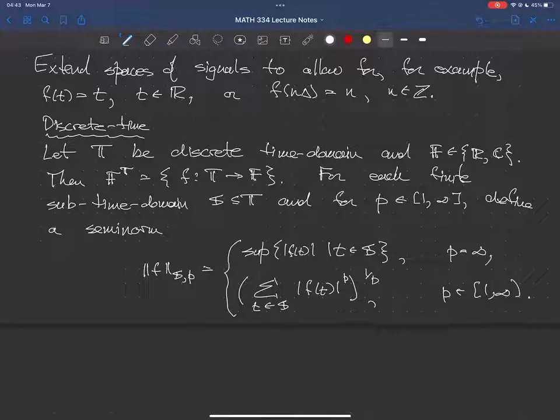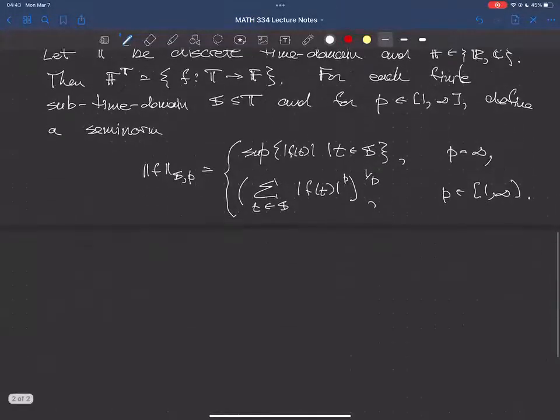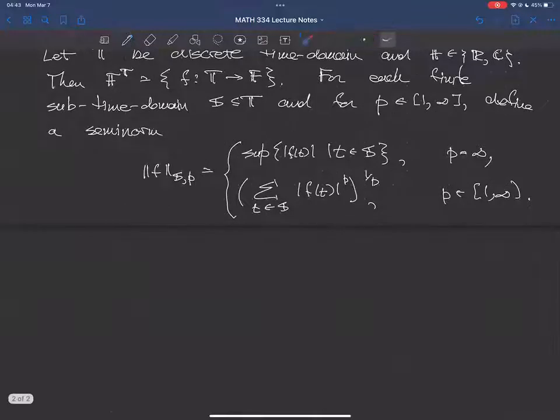Okay, now because S is finite, these always are well defined, meaning they're less than infinity. Okay, and these are easily verified to be seminorms. Okay, but they're not norms. All right. So how do you make use of things like this? We're going to make use of things like this by describing what.